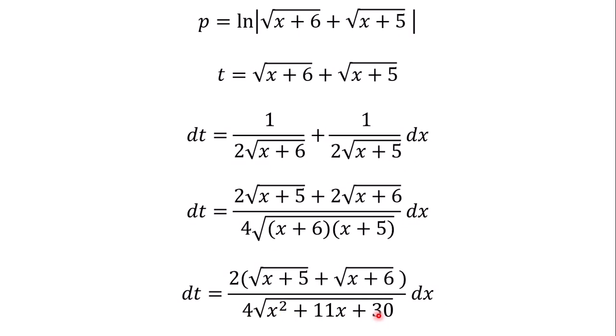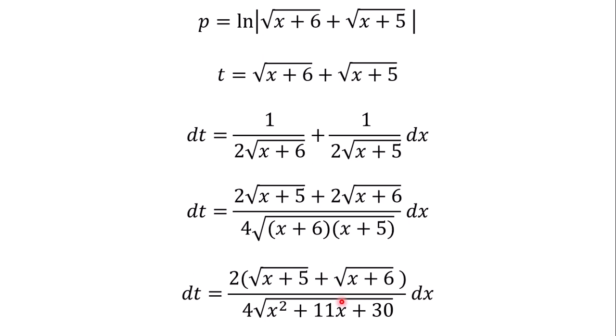But don't bother finding dt over dx because at the end of the day we have to find what is going to replace the t in the original equation. Okay, so let's leave this one for now and let's put t into where the absolute value is